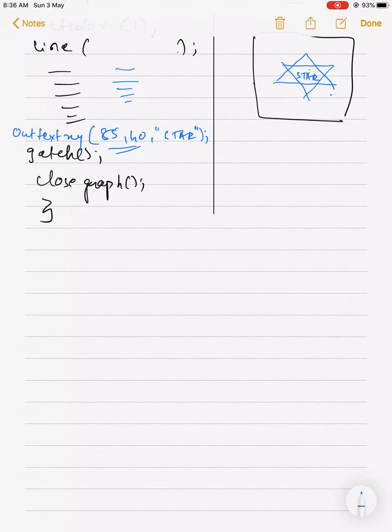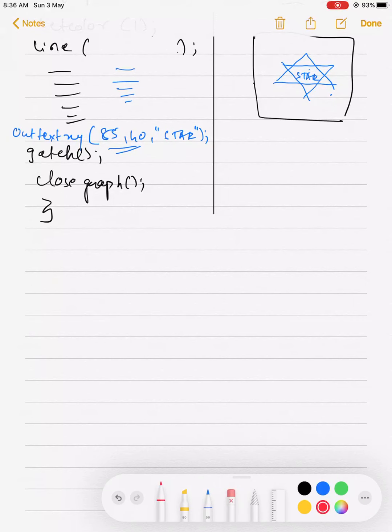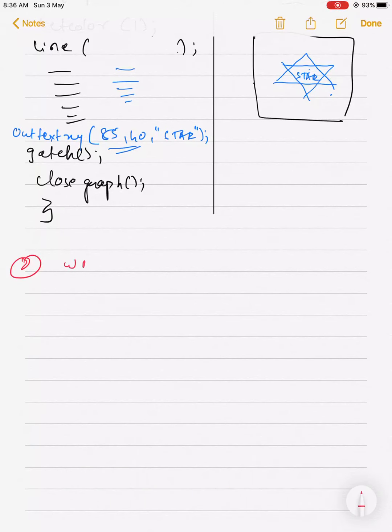Now we'll check some main programs, starting with how to draw a square. Write a program to draw a square.